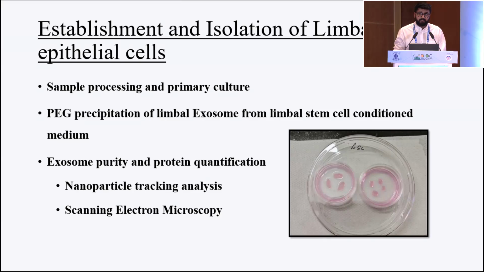Similarly, we isolated the limbal epithelial cells. A 2 by 2 mm biopsy tissue was taken from the corneoscleral rim and was cut into multiple subsections, which were transferred onto the primary culture medium. Once sufficient cell passages were attained with a significant confluency, the PEG precipitation of the limbal exosomes was carried out from limbal stem cell medium, and exosomes obtained were tested for purity and protein quantification using nanoparticle tracking analysis